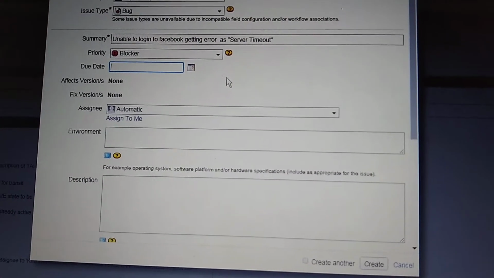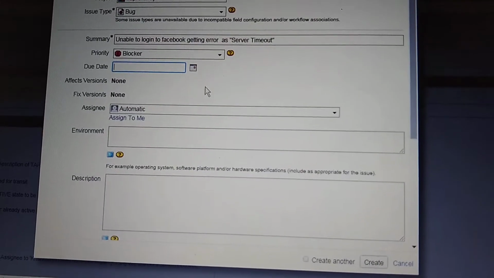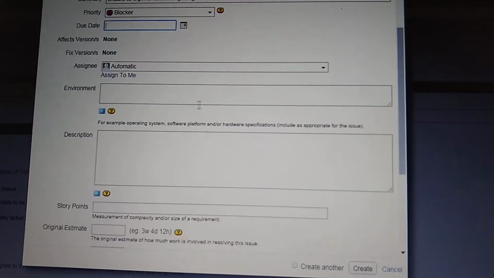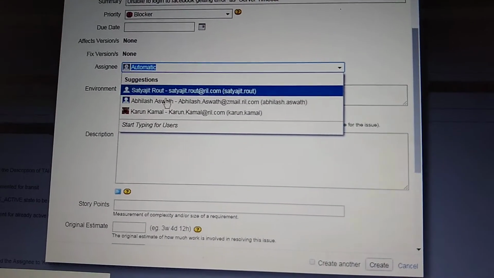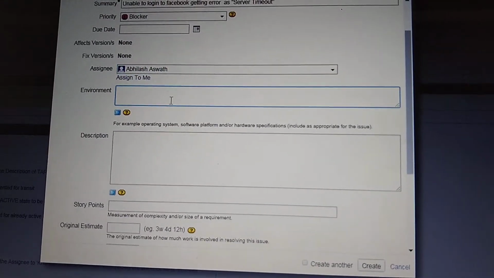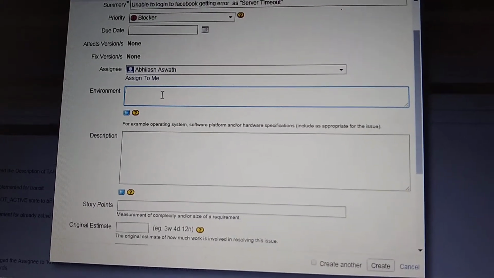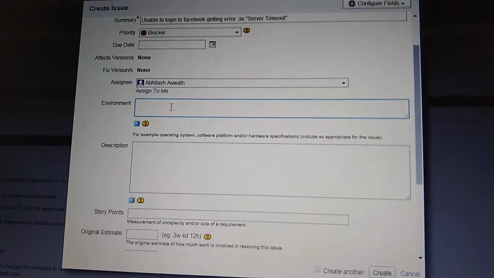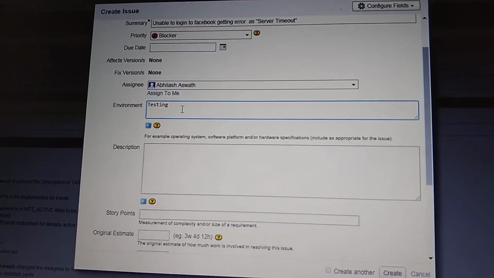So due date, you need to select which date you are creating. Then this is the assignee, meaning whom you want to assign. So now I'm going to assign Abhilash. Okay, so he's a developer, so I'm assigning to Abhilash. Then environment, in which environment you are facing the issue. Suppose I'm facing the issue in the testing environment, so depending upon your environment,